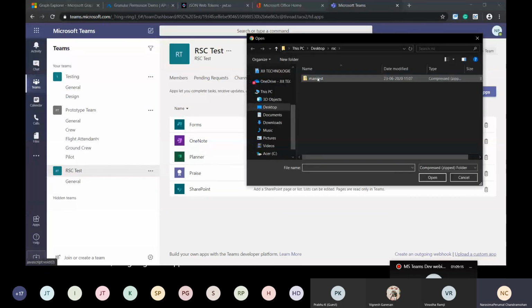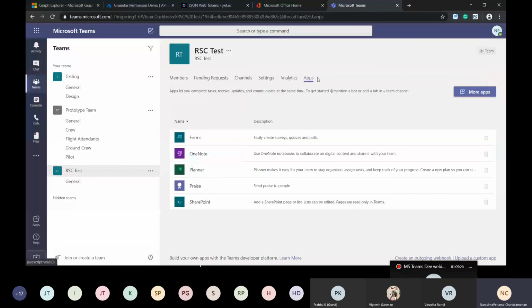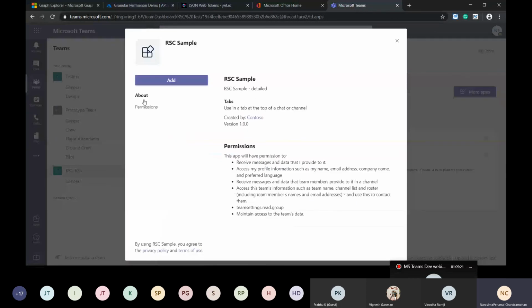I have built a resource specific consent app. I am uploading the manifest. Here you can see that my app is checking for the required permission for TeamSettings.Read alone. So it shows this alone to the team owner. Once he adds this, it will get added to that particular team. So here, as a team owner, I am providing the consent and it gets added to the team.